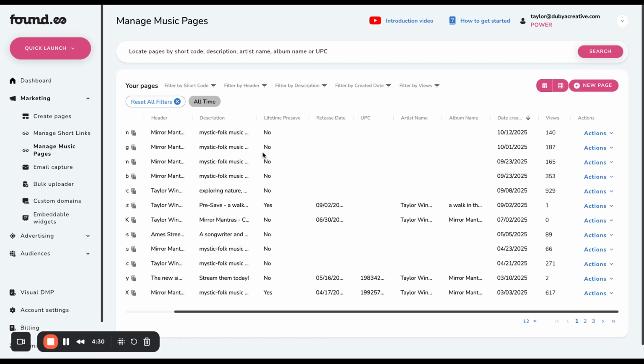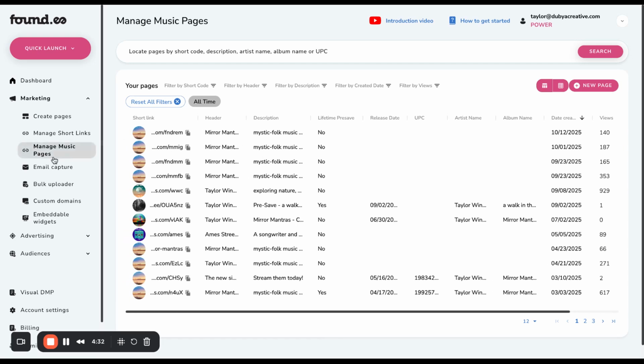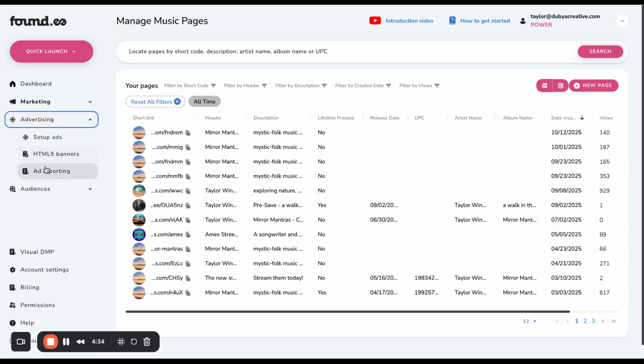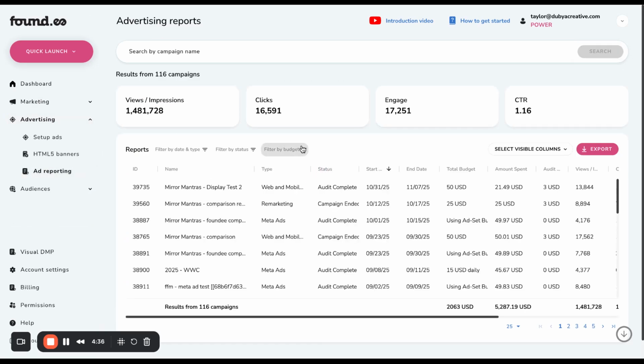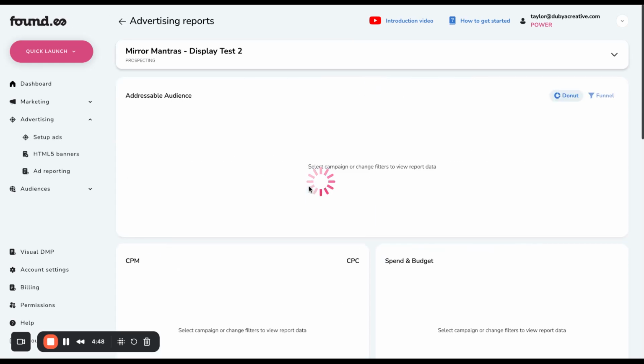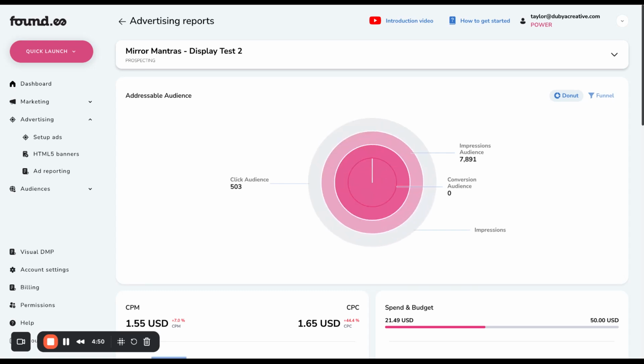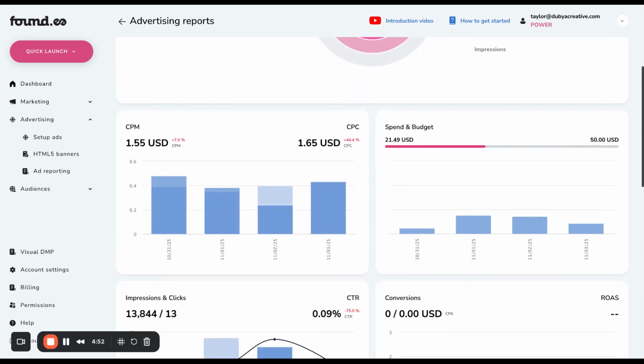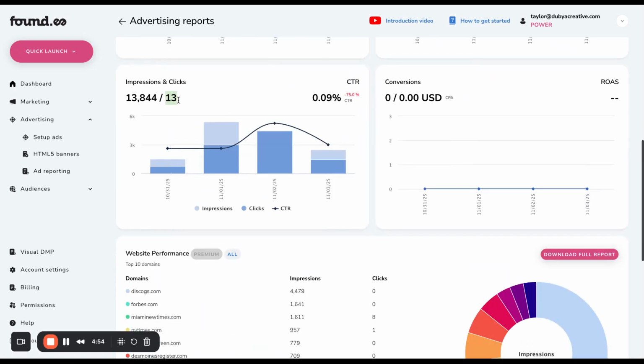So I just say that to say that sometimes the metrics in terms of ad reporting, we have seen more traffic driven from Foundy ads. I've done testing across Google Analytics and Foundy metrics as well as ad reporting. And more times than not, the number of clicks that we see on these web and mobile campaigns is oftentimes reporting less number of clicks. So in this case, 13 clicks